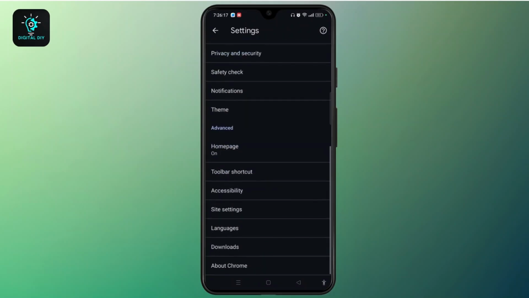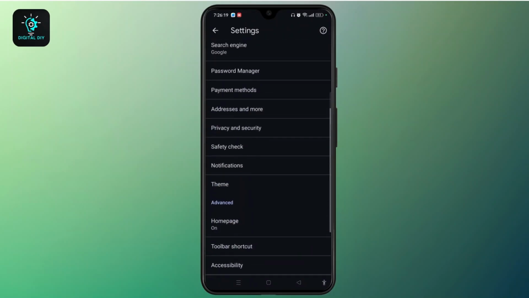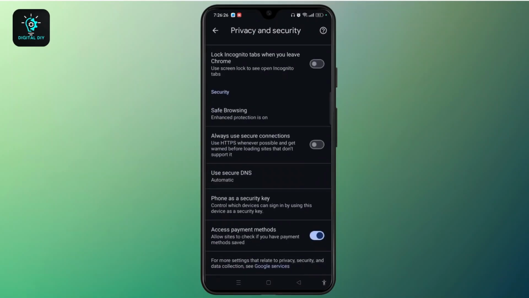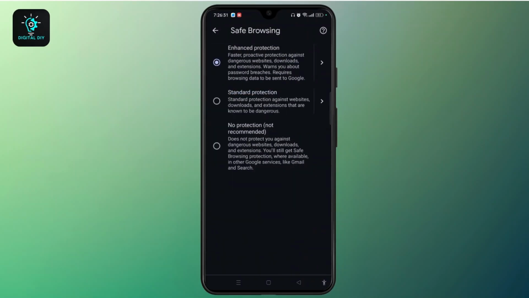Scroll down and on this page you can find privacy and security. Simply tap on it and scroll down, and on the security option there is safe browsing. Tap on it. So here you can see that you have enhanced protection, which reads faster proactive protection against dangerous